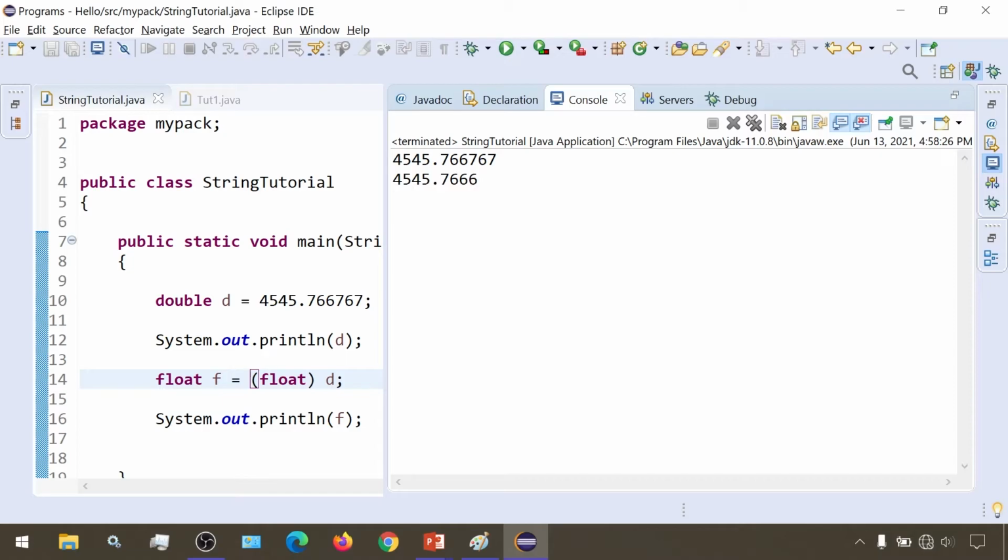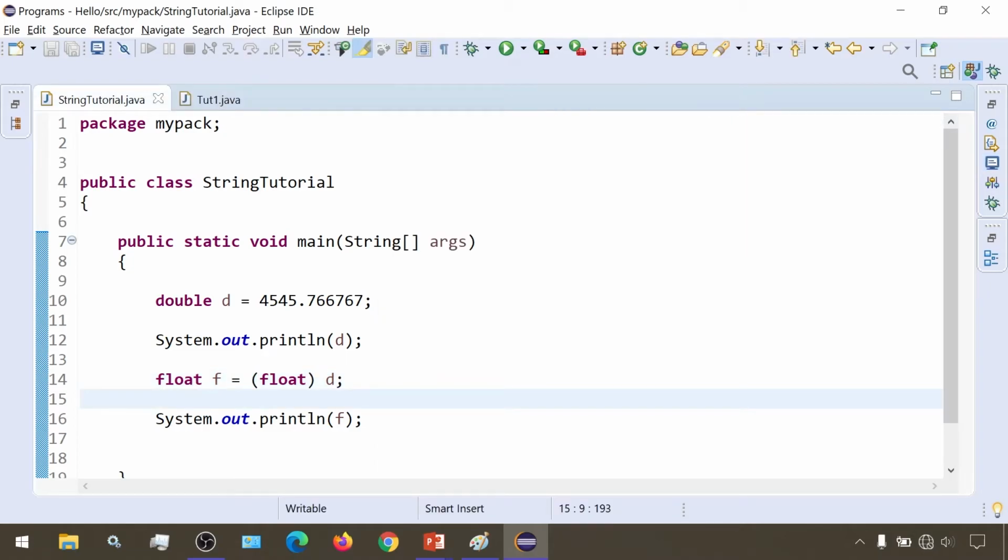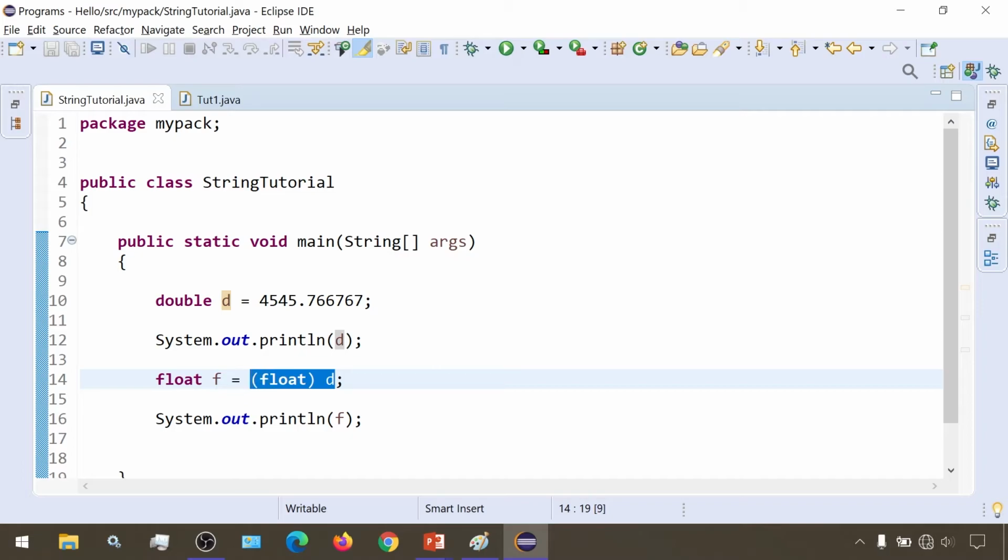So for this reason explicit typecasting is used. What will happen is it will first consider this double variable d, then it will see that it needs to be converted into the type float. So it will convert it to type float, then it is to be assigned to this variable f, and the type of this variable is float. So it will perform this operation in this manner. It will convert it from double to float, then check these two data types, and since these two are matching, it will just perform the conversion.